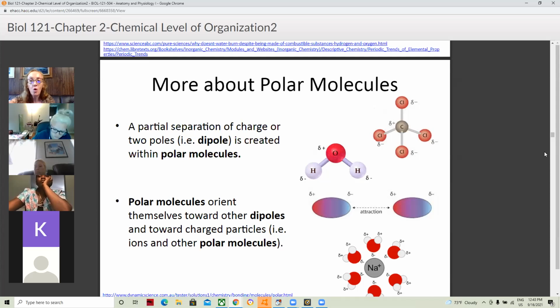Water, with its partial positive charges and partial negative charges, orients itself around a sodium ion when sodium chloride is dissolved, so that its partial negative charge is closest to the positive charge of the ion, and the partial positive charges on the hydrogens are furthest away from the positive charge on the sodium. Now this is important